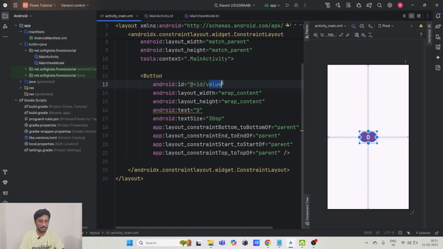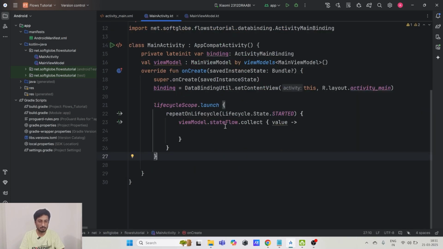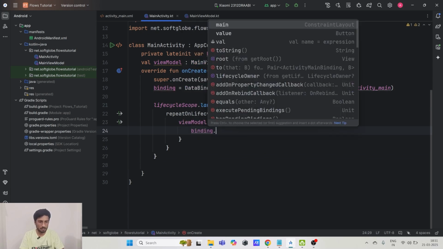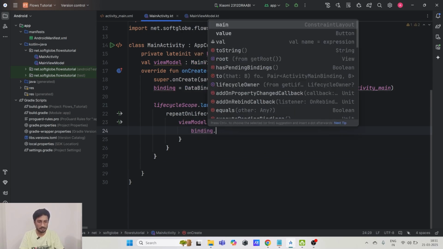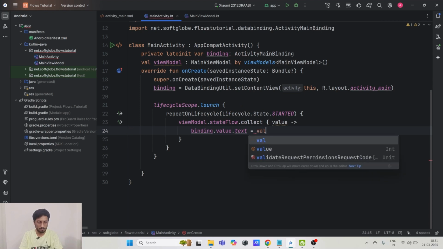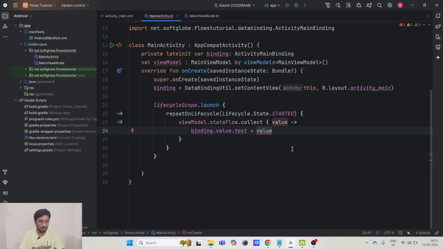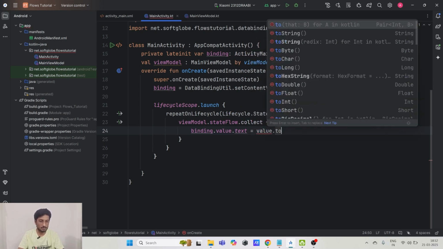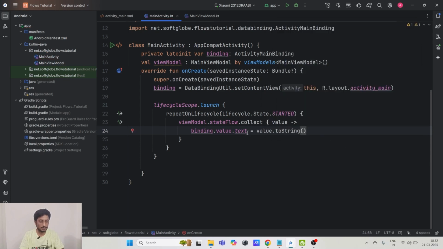I have already given it an id as value. I am coming here, so I'll just write binding.buttonValue.text equal to value.toString. So now whenever I click on that one, this